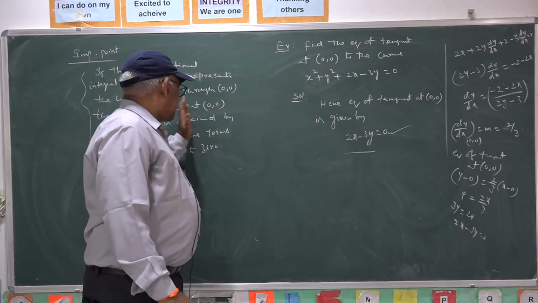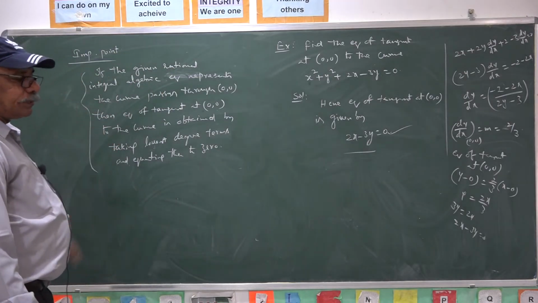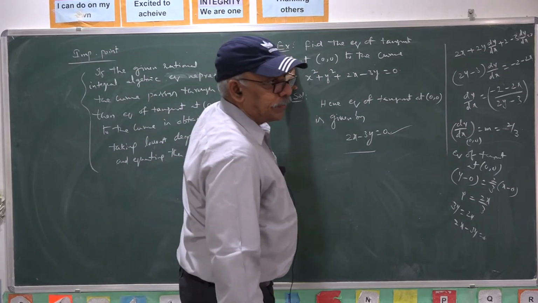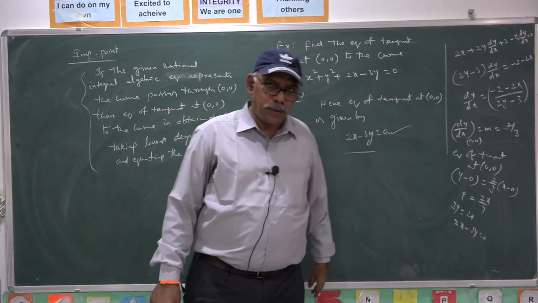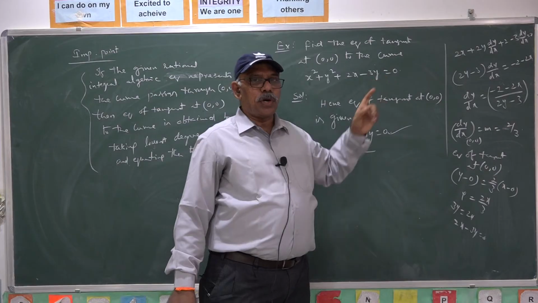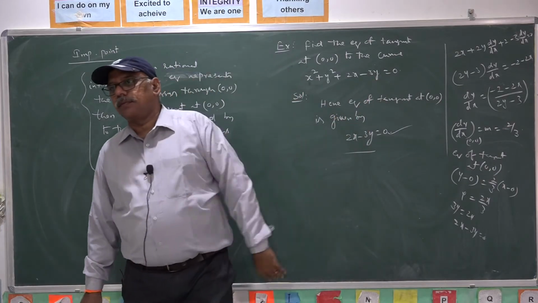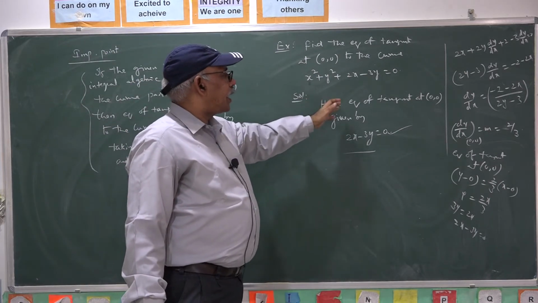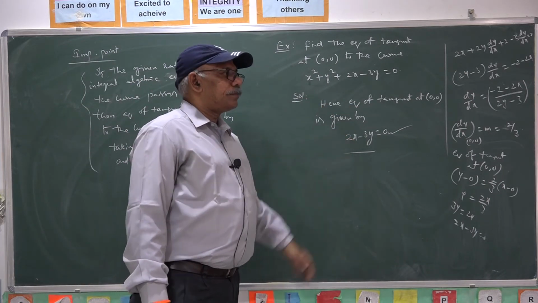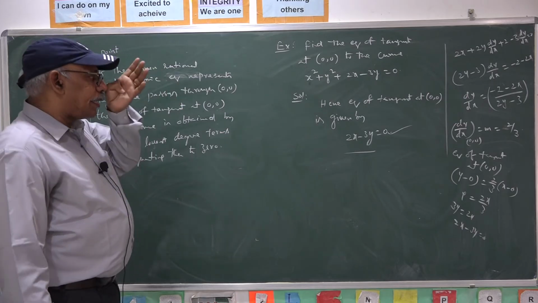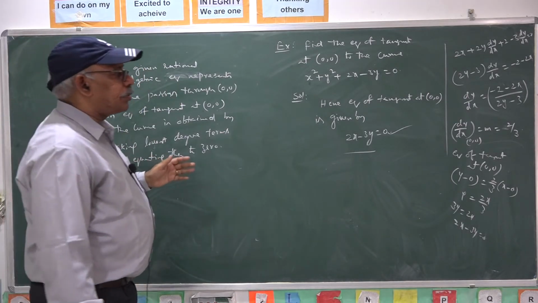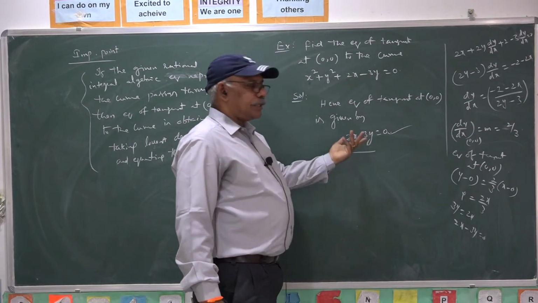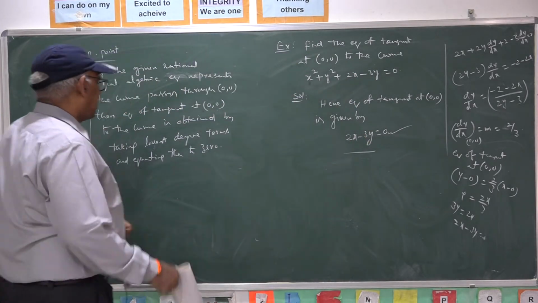So that is a worthy note point in case of dealing with such curves, particularly when it is in polynomial form, and moreover it should pass through the origin. Origin lies on the curve. Once the origin lies on the curve, the equation of tangent at (0, 0) is given by leaving the higher degree terms and only taking into consideration the least degree terms in the equation. That is the working rule here.